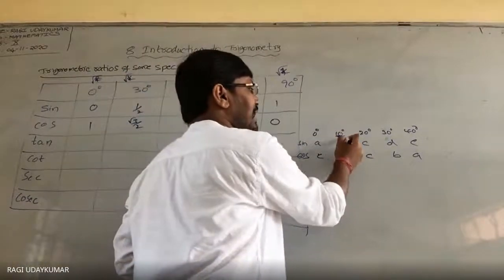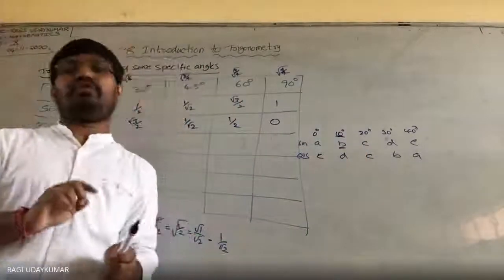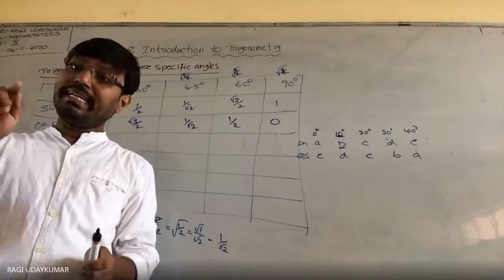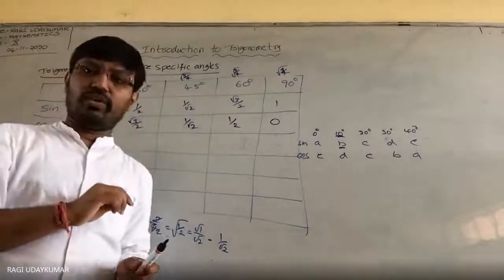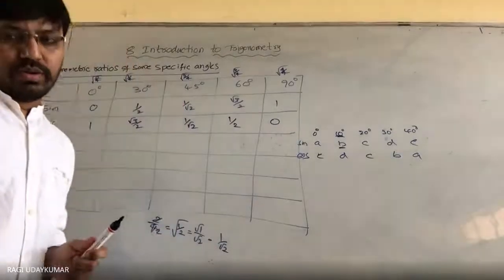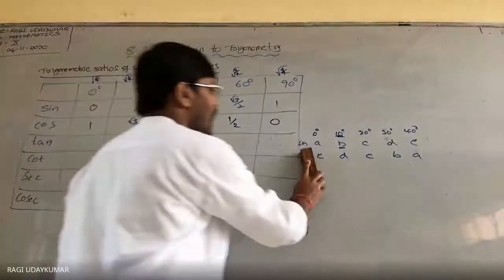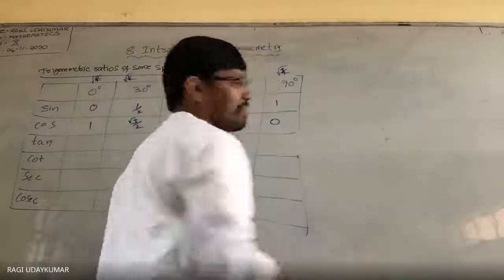Sin 10 degrees B हो गया, then cos 80 degrees B होता है. Cos 80 degrees because 80 and 10 90 हो रहे हैं ना. So why it becomes, in the complementary angles concept you are going to learn. वो क्यों होता है ना? वो complementary angles concept. But आपके लिए just you try to remember like this.